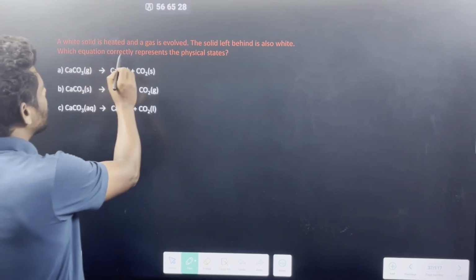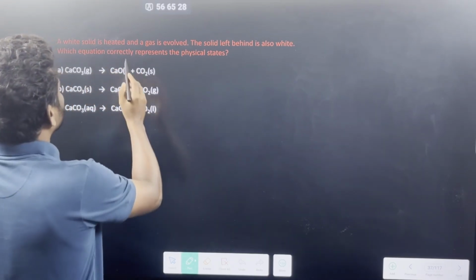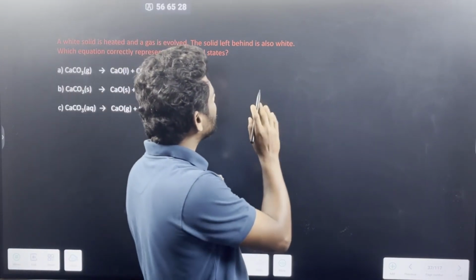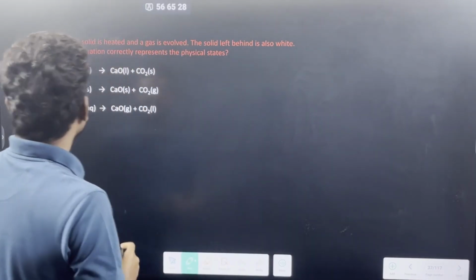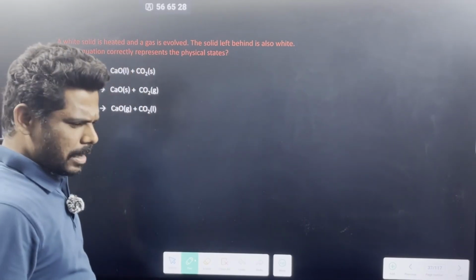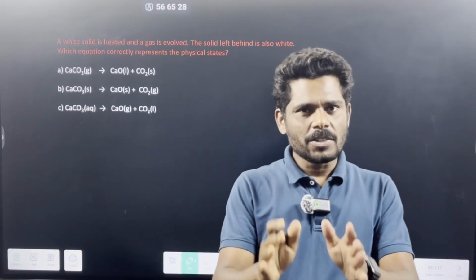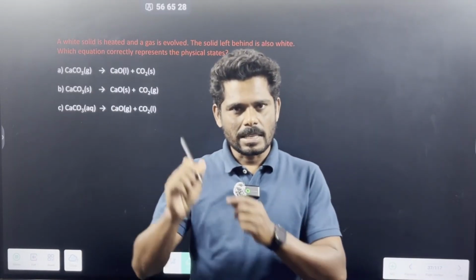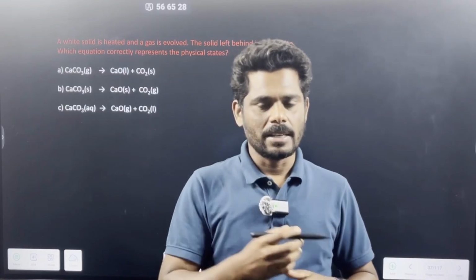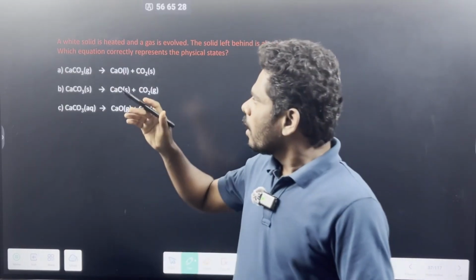A white solid is heated and a gas is evolved. The solid left behind is also white. Which equation correctly represents the physical states? Sometimes just balancing equations is not enough. He is asking such kind of questions to tell about the physical states. See, he mentioned